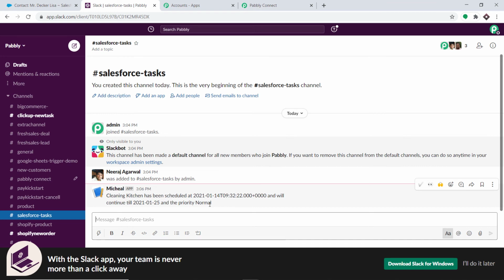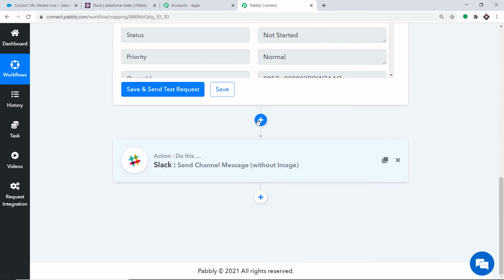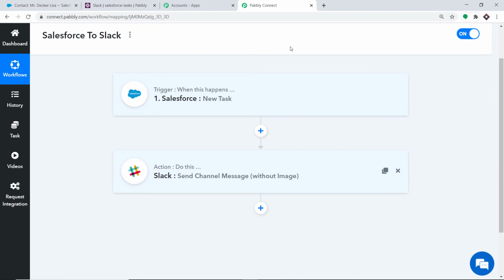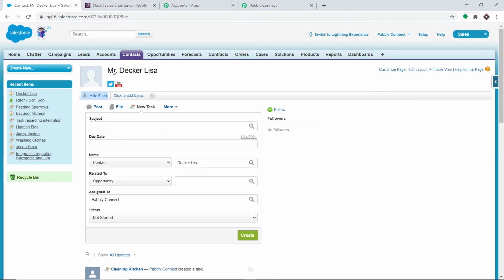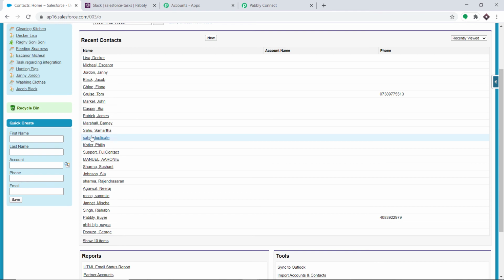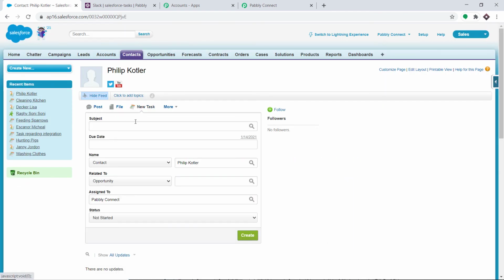Before we do that, let me show you the whole mechanism in a nutshell. I'm minimizing my action window and I have minimized my trigger window. So basically this is the whole process in a nutshell. First you integrated Salesforce to Pabbly Connect, and then you integrated Slack to Pabbly Connect. Now there is a perfect flow of data between Salesforce and Slack. So let me create one more task. I'm going to contact one more, and I'm going to create a task for this guy, Philip Kotler. So Philip Kotler is creating a task called